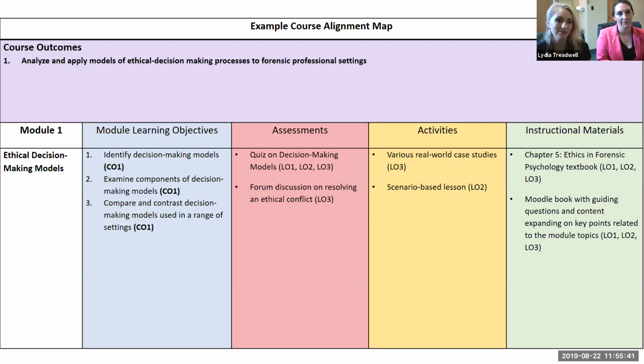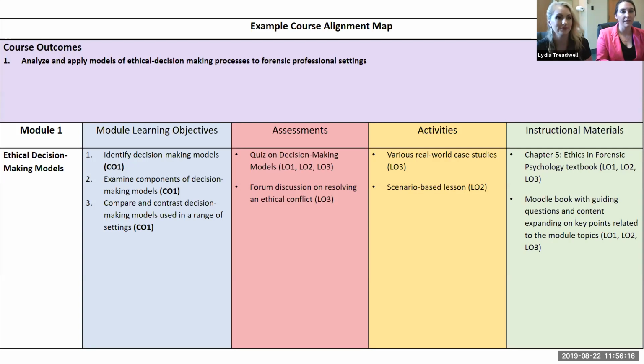In the activities, I'm detailing the type of activity a student is going to go through, and again, what learning objective is associated with it. The same thing with the instructional materials. And this way you can make sure that even on the point-by-point level, the types of instructional materials, all of your objectives are covered. And if they aren't, you see a gap and you can identify, okay, I need to go and find a better resource to help support the acquisition of this objective.